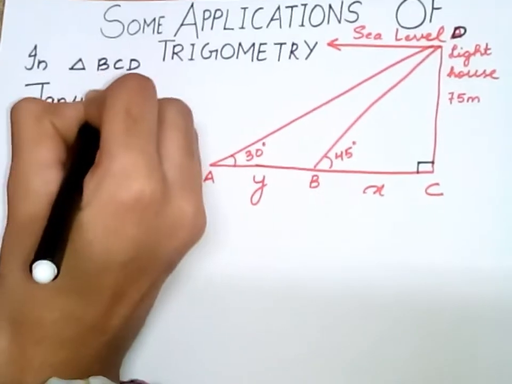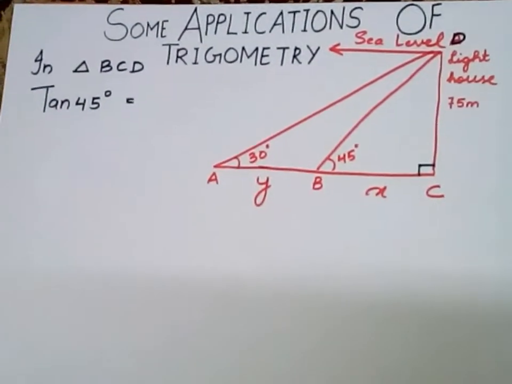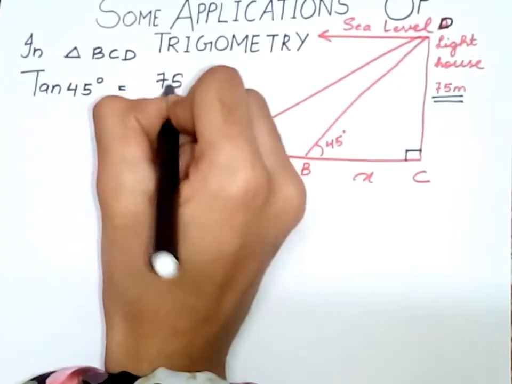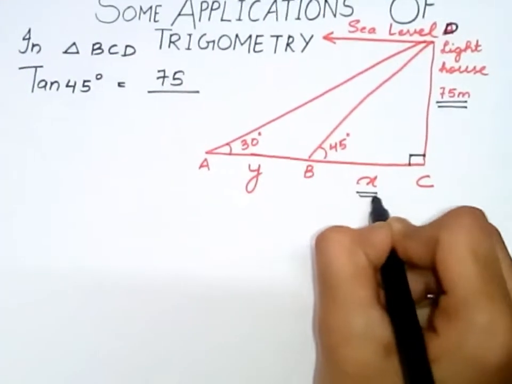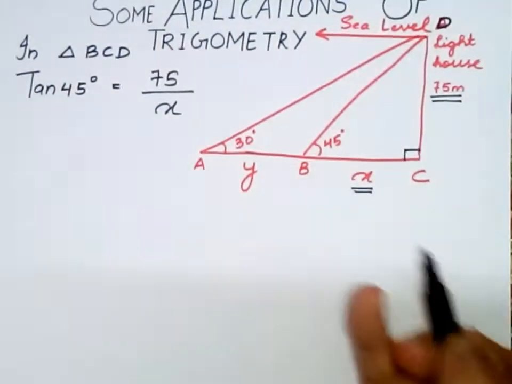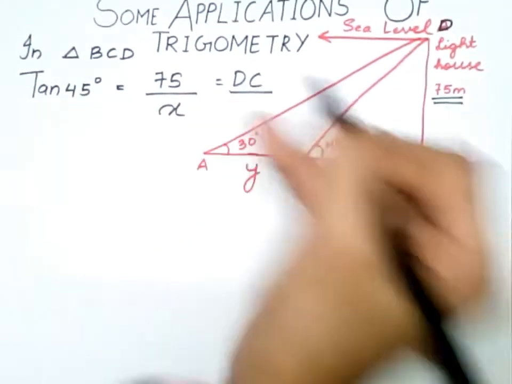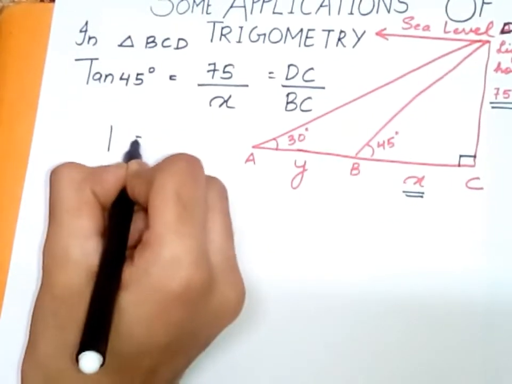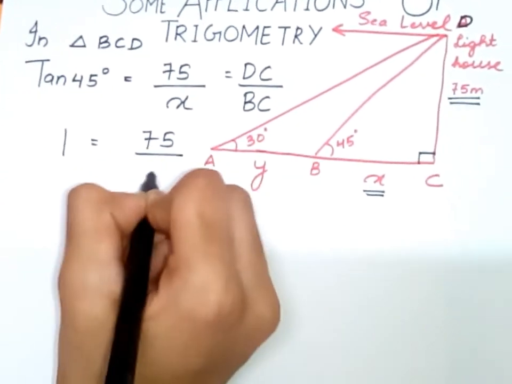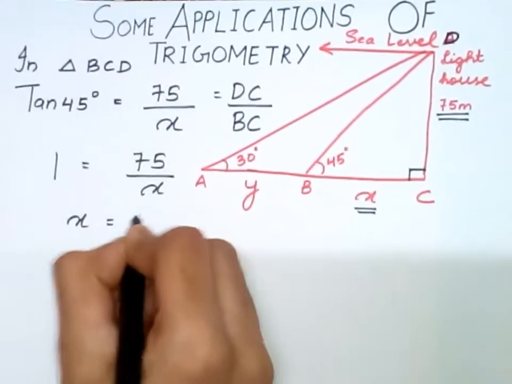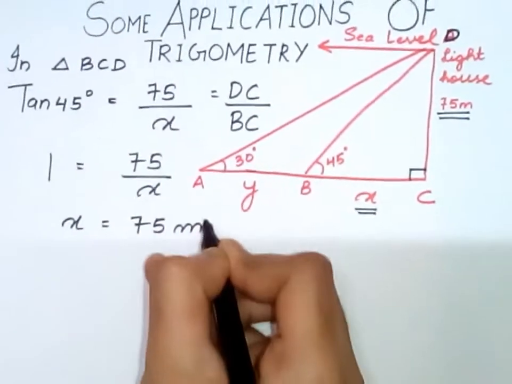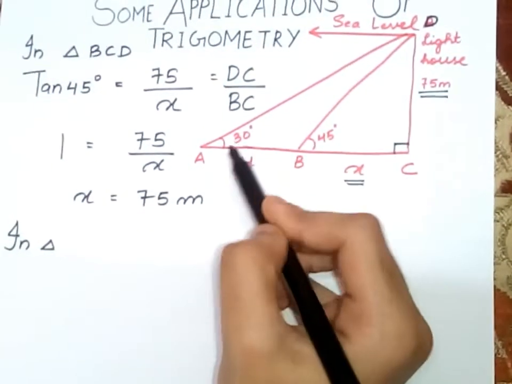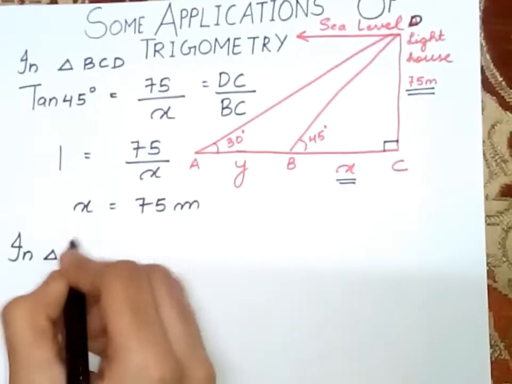tan 45. Tan 45 is opposite by adjacent. This is opposite, 75, by this is adjacent. DC by BC. Tan 45 is 1. So X is equal to 75 meters. Now in triangle ACD,